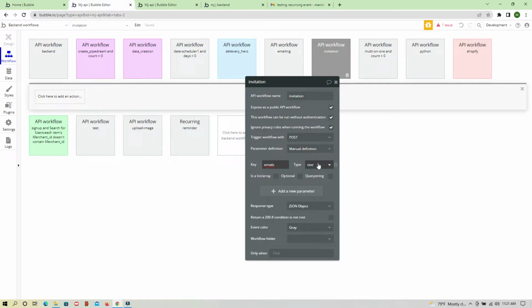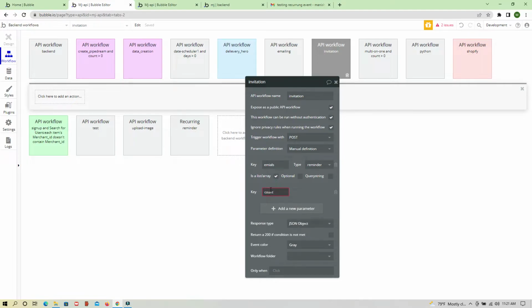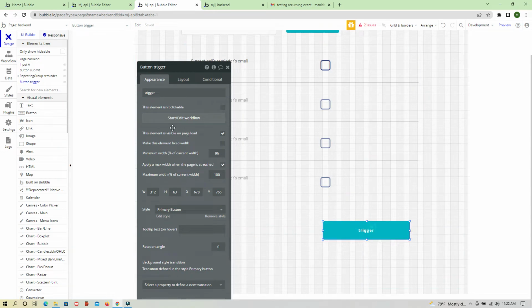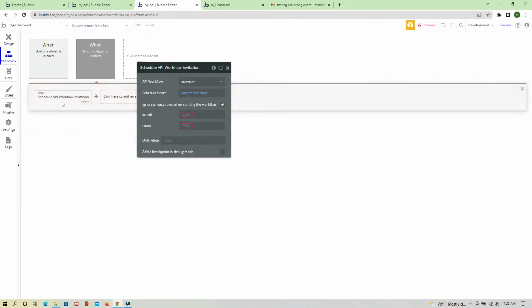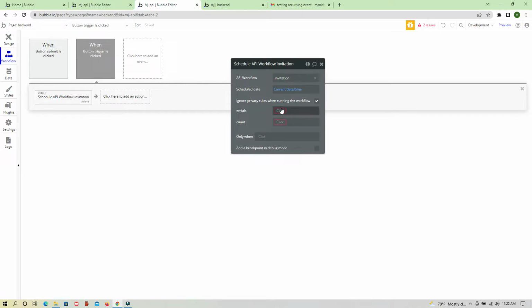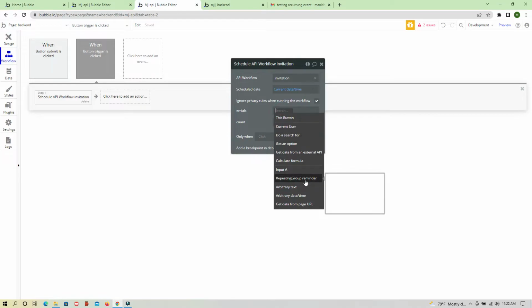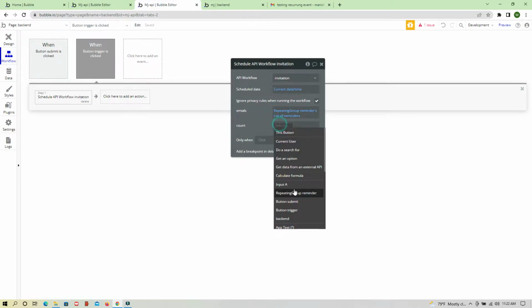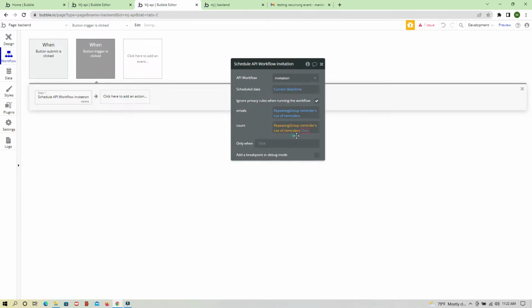Or what we can do, we can basically select the data table as well, and we are going to check it, and the one thing which we are going to say is count, which will be a number type. Okay, so after clicking on trigger, we have scheduled API workflow. So we have to provide these two parameters in order to start with the process. So let's say repeating group reminders, list of reminders, and count will be repeating group reminders, list of reminders's